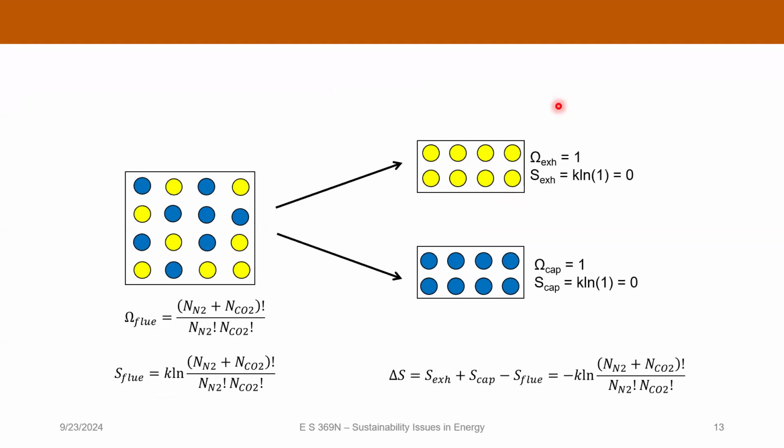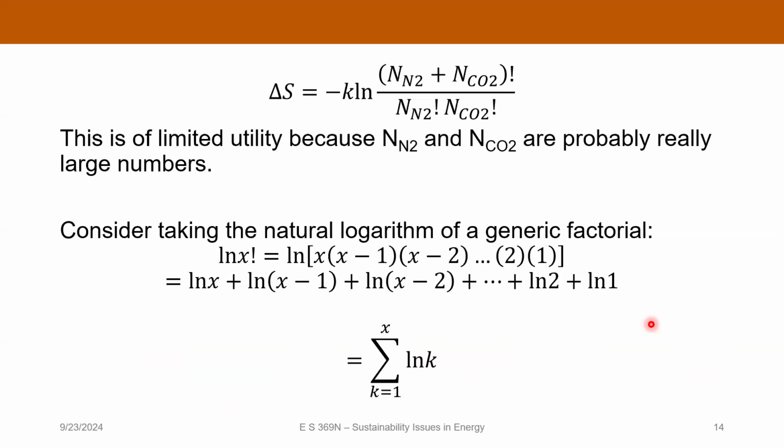Okay, now the actual entropies we get by taking the natural log of those configuration numbers and multiplying by Boltzmann's constant. So for the exhaust and capture streams, the entropies are both 0 because there's only one possible configuration. For the incoming flue gas stream, the entropy is some complicated expression involving natural logs and factorials. And the change in entropy is given by this expression here, and it just works out to be that. So we are left with an expression that is probably intractable to calculate